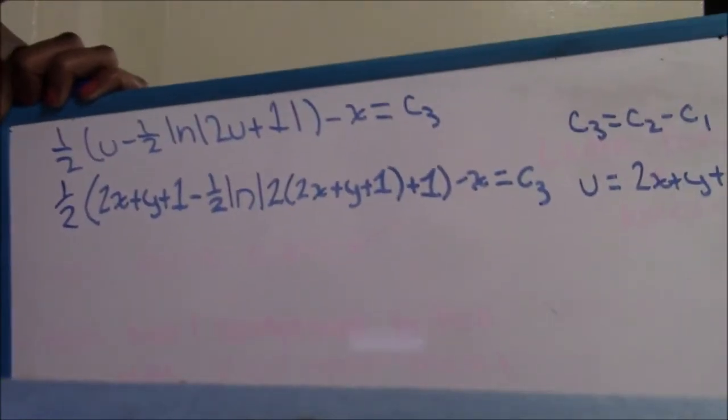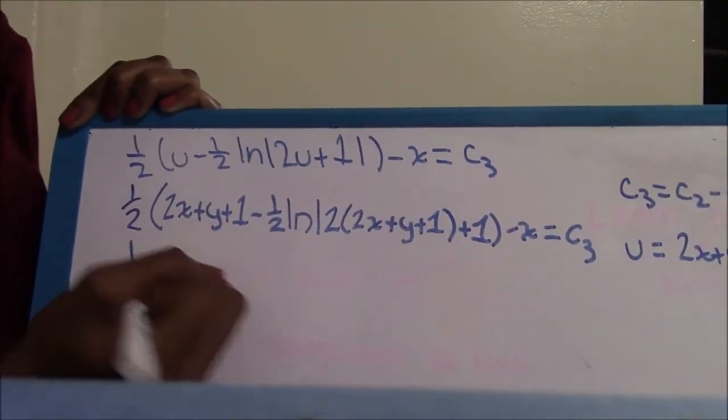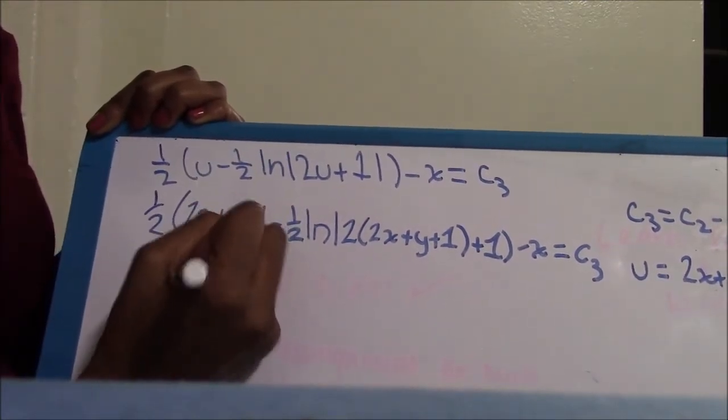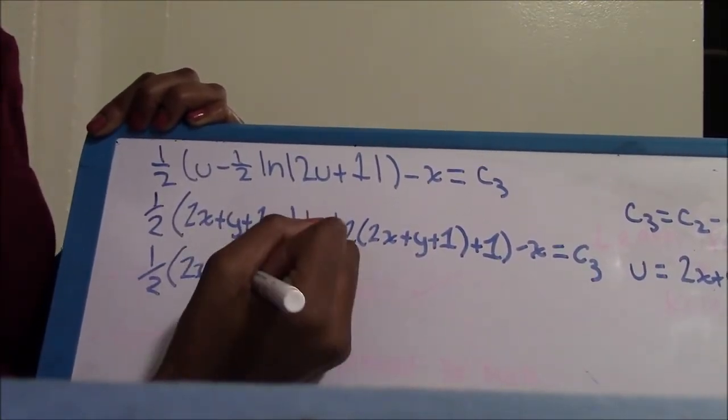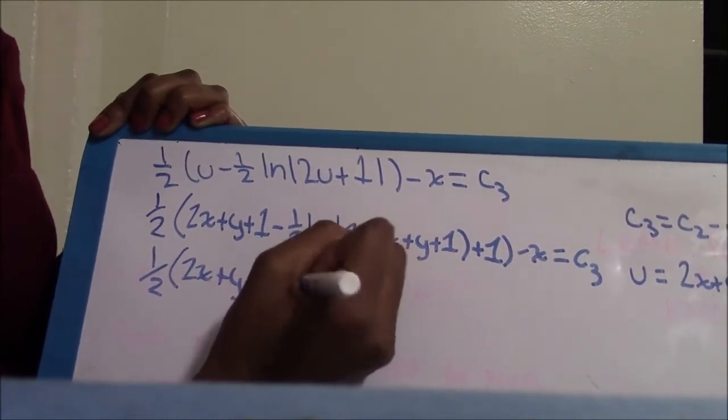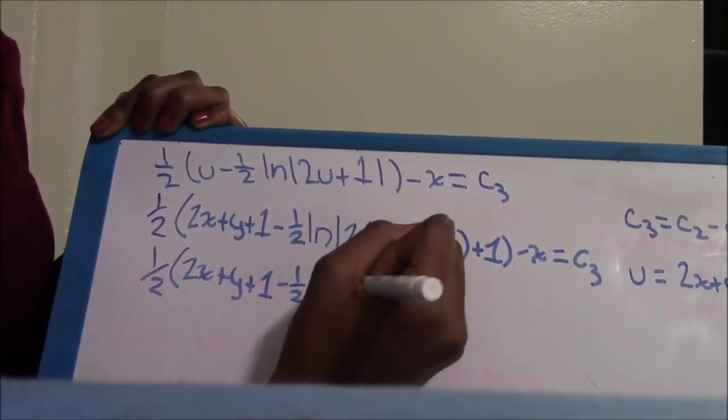We're going to simplify. It's going to be 1/2 times quantity of 2x plus y plus 1 minus 1/2 ln of, now we're going to